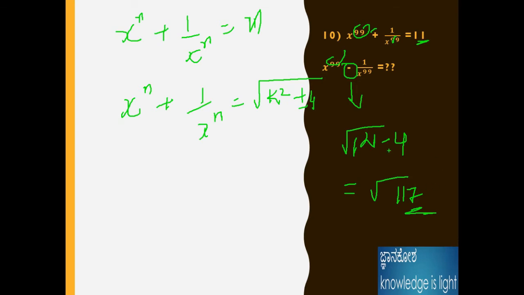Okay, next problem, I will take one more so you will understand better. For this problem here, it is a plus sign, that's why I am taking 11 square is 121 plus 4, therefore root of 125. Therefore I will make it as 5 into root 25, so 5 root 5 is the answer for this question. Like that we can easily solve any problem.